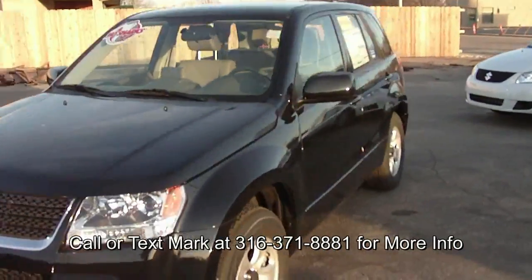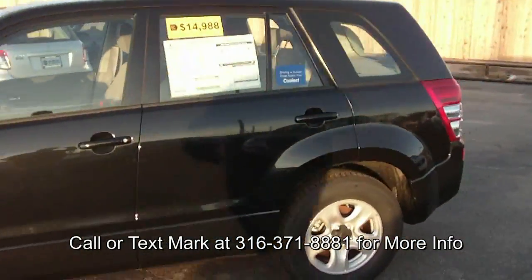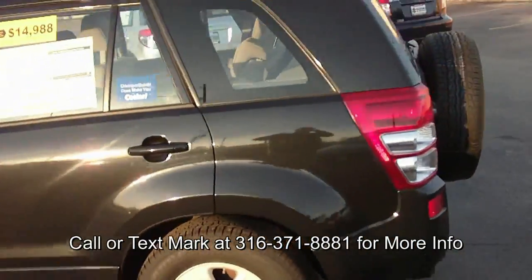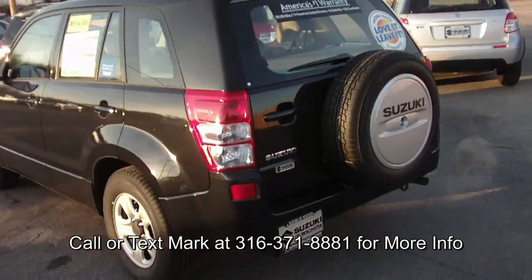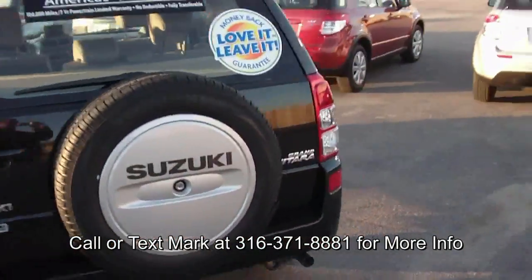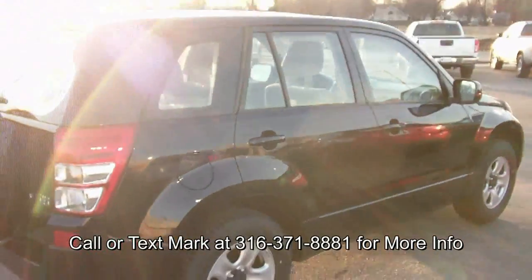Checking out a 2010 Suzuki Grand Vitara. Now, this is their base Grand Vitara, and this Grand Vitara at Suzuki Wichita is going to start at $14,988. This is a lot of vehicle. This is probably one of the best values that I've seen in the marketplace, and I'll show you why here